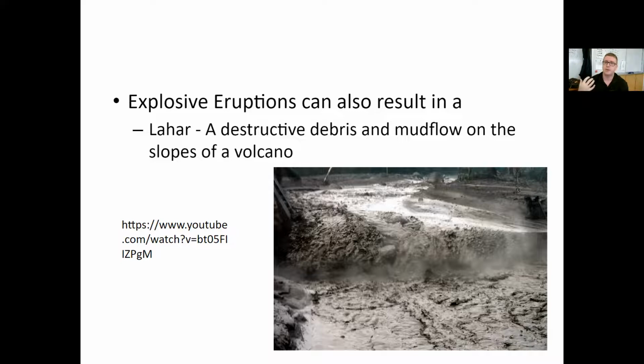So again, the things that are most dangerous from a volcano generally are the things that move the fastest from it. Our pyroclastic flow moves very quickly. Our lahars move very quickly. Yes, the projectiles coming up out of the volcano, especially our composite explosive volcanoes, are very dangerous, but I would rank pyroclastic flows and lahars above those two things, and then the lava flow that's associated with it is actually way down the totem pole. So that's just my opinion of how you would want to go about ranking the destructive nature of these things